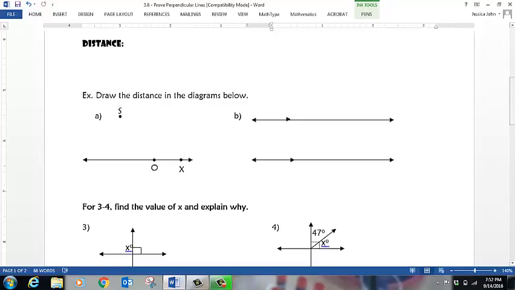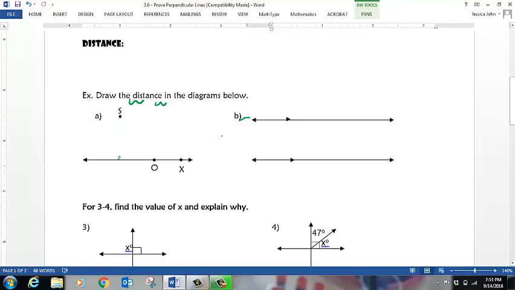You have to measure that using perpendicular lines. Okay, so if we look at example A, it says draw the distance in the diagrams below. So when it just has that generic word distance, but it doesn't actually say the distance of SO or the distance of SX,